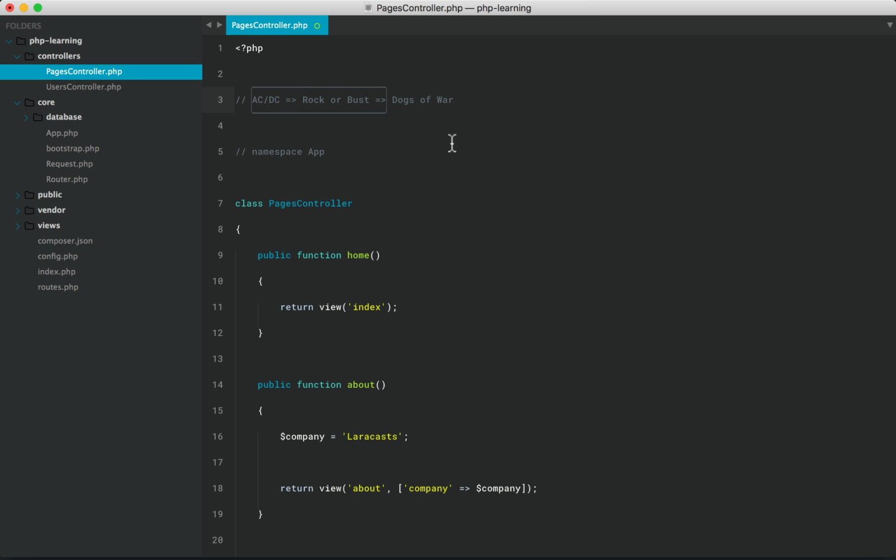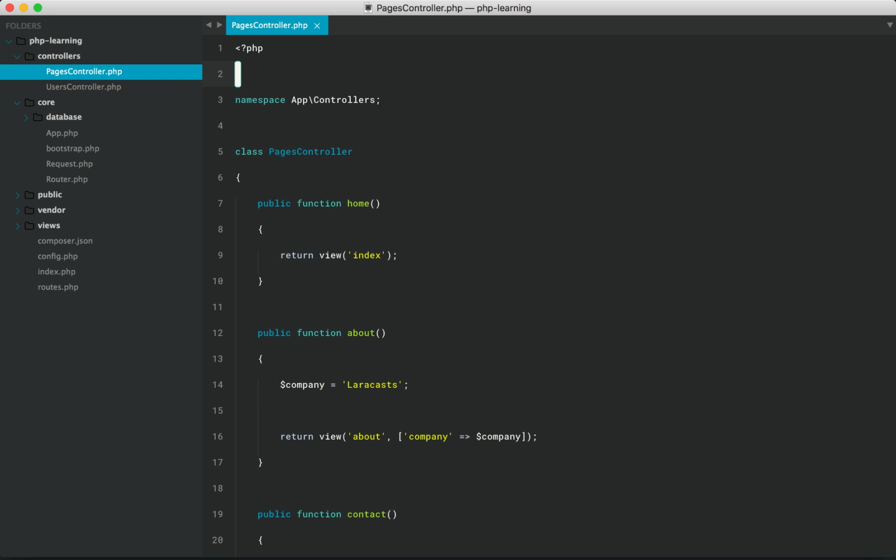Right? So if we were to change that over here, well, the app would be sort of like the top level namespace. The next namespace would be, well, what is this? This is our controllers. So let's call it that. So now it's not pages controller. The class path is app controllers, pages controller. All right, we have a better hierarchy here.